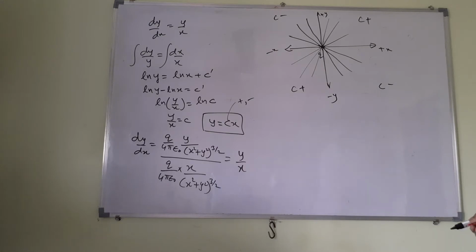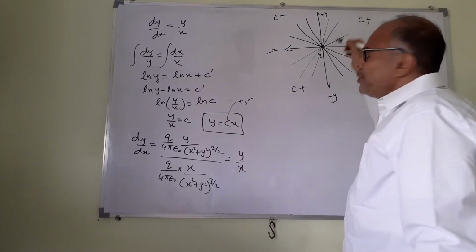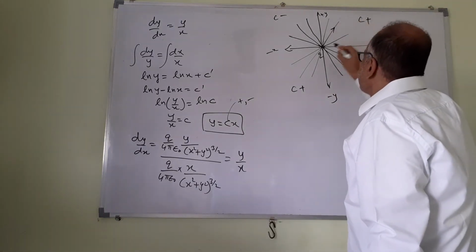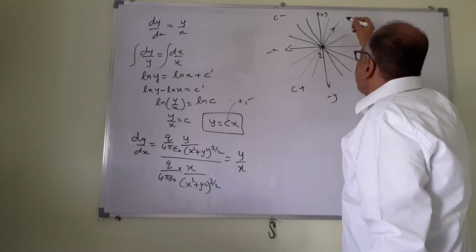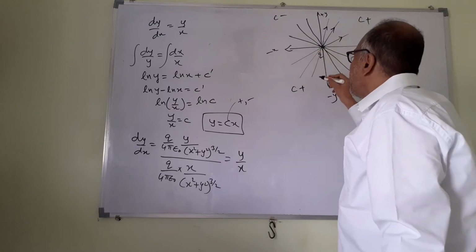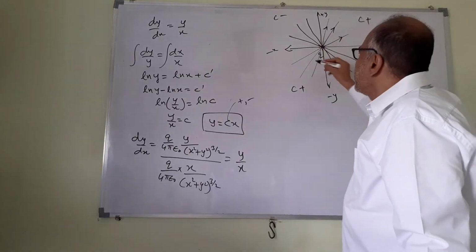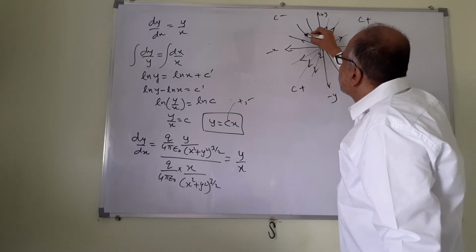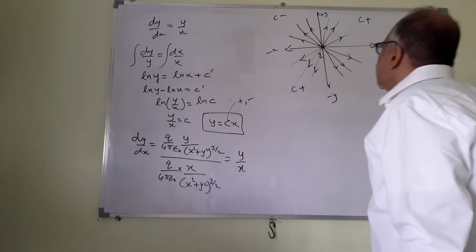Now we need to draw the direction, we have to indicate the arrow. We know x is positive and y is positive, so the vector is this way. So these arrows will be like this. Come to the third quadrant, x is negative, so Ex is negative, Ey is also negative, so the lines of force would be like this. Here by the same logic, lines of force would be like this.